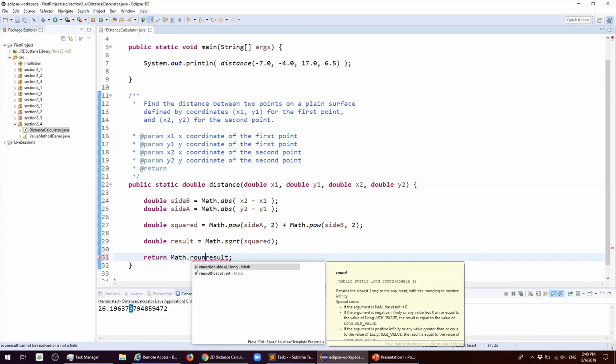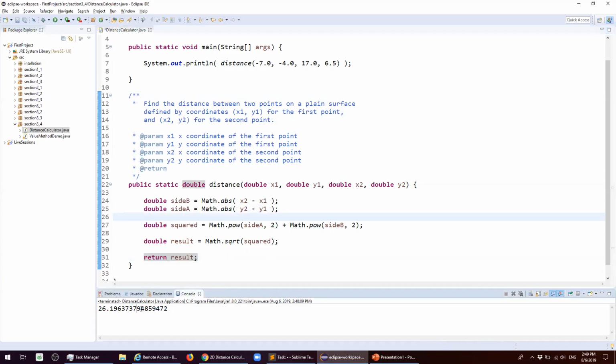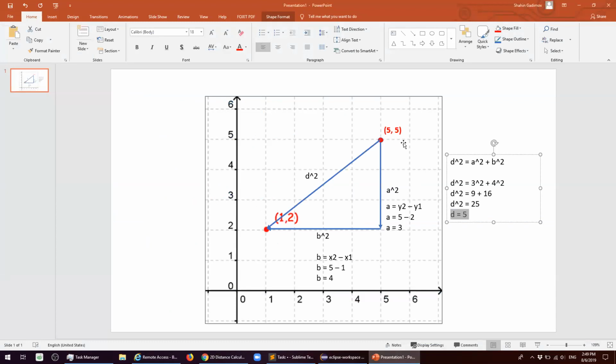Okay, now we have not seen method overloading. Actually, the next thing we will see in this section is going to be method overloading. So this was a demo of how we can solve for a task that seems pretty difficult in the beginning. I mean, how could you have gotten distance between 2 points? So we found out that the best thing to do is to use Pythagorean theorem, right? Because Pythagorean theorem says that